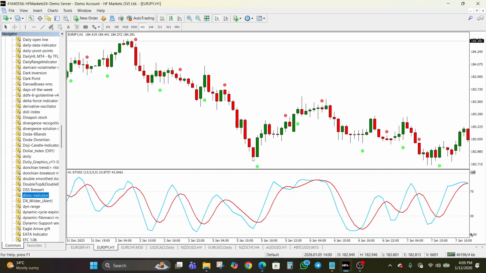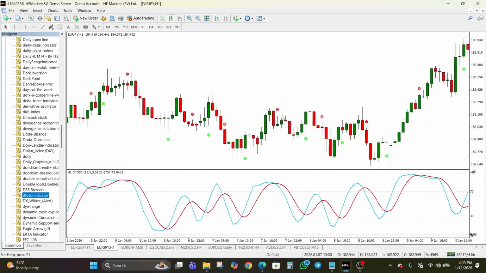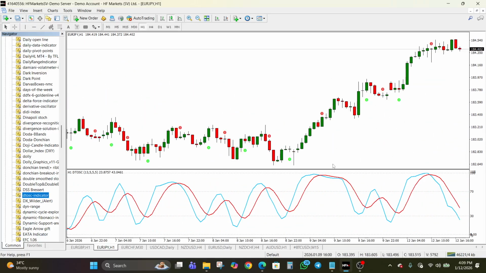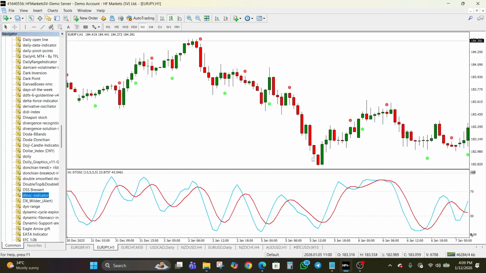However, I'm going to recommend trading in the direction of the trend. So when you are in a bullish trend, I will recommend looking for only buy signals to be on the safer side, right? So when you are in a bullish trend, you should be looking out for the blue line crossing above the red line and the appearance of the green circles. You can neglect the sell signals in a bullish trend. On the other hand, in a bearish trend, you can neglect the buy signals. Just focus on the blue line crossing below the red line from the overbought territory and the appearance of